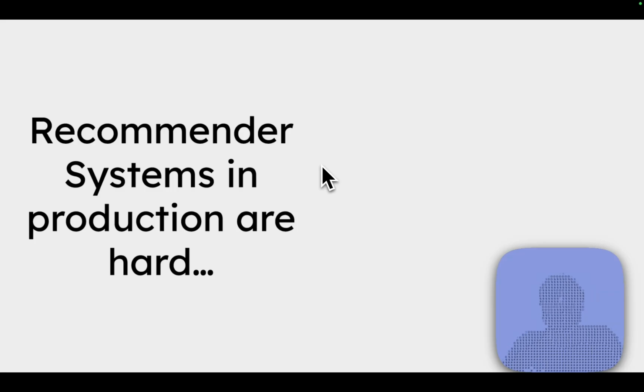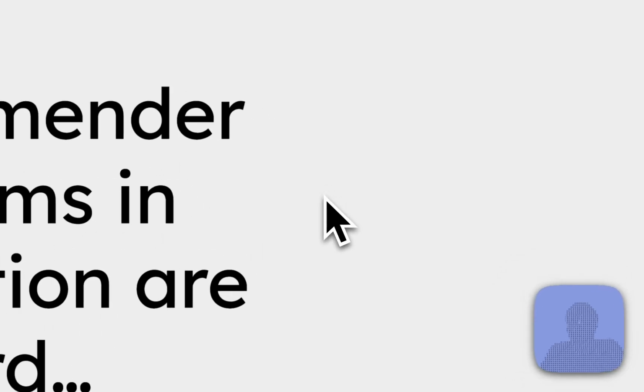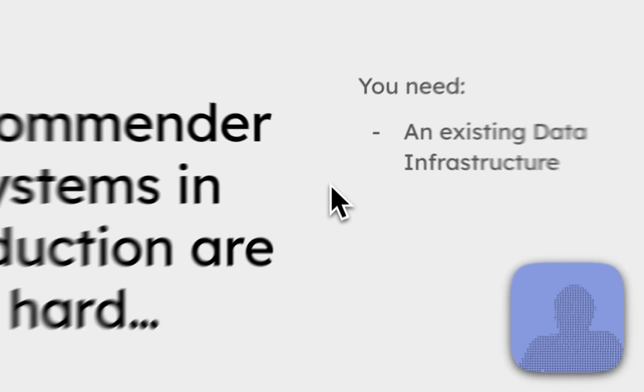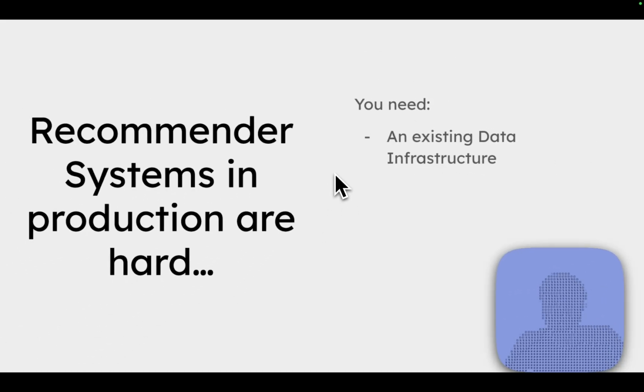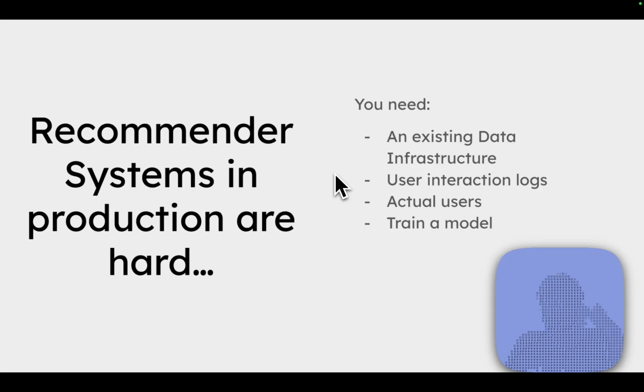Recommender systems in production can be really hard. For a robust recommender system, you would need an existing data infrastructure to make this work, user interaction logs, and for that, actual users using your app. You would need to train models, and of course, a whole self-improving pipeline and life cycle of this recommender system,